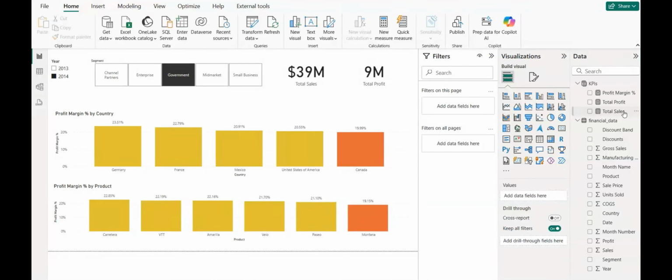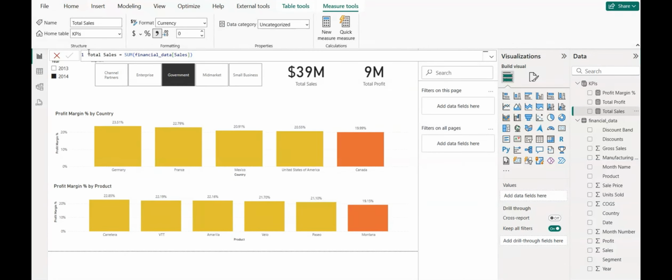In Power BI, go to the Modeling tab and click on New Measure. We'll start by calculating total sales. Type this: Total sales equals sum of the sales column from our financial data table. The formula looks like this: Total sales = SUM(financial_data[sales]). This measure will give us the total revenue generated across all countries, products, or time periods, depending on how we